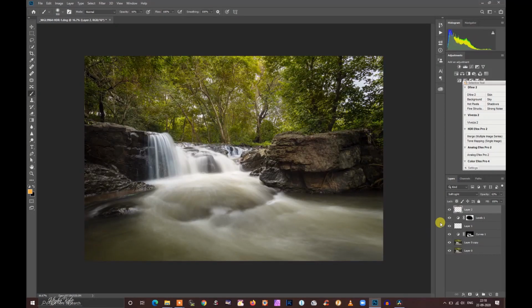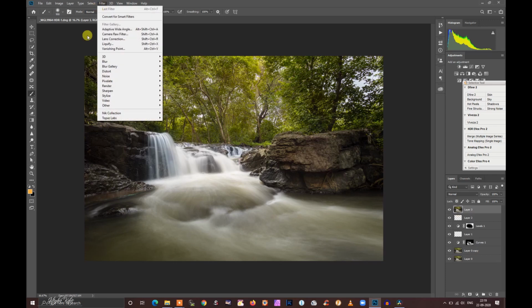So this is where we started, and this is the result we got. Now we can combine all these layers together to form a single layer by pressing Ctrl, Shift, Alt and E. So this layer contains all the information. I will click on Filter, Other, High Pass.